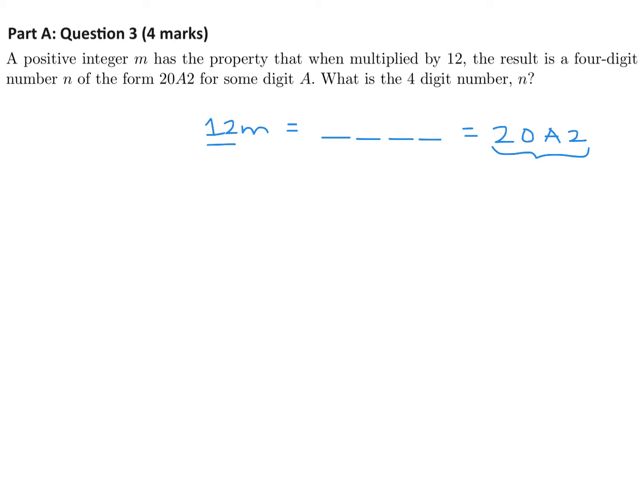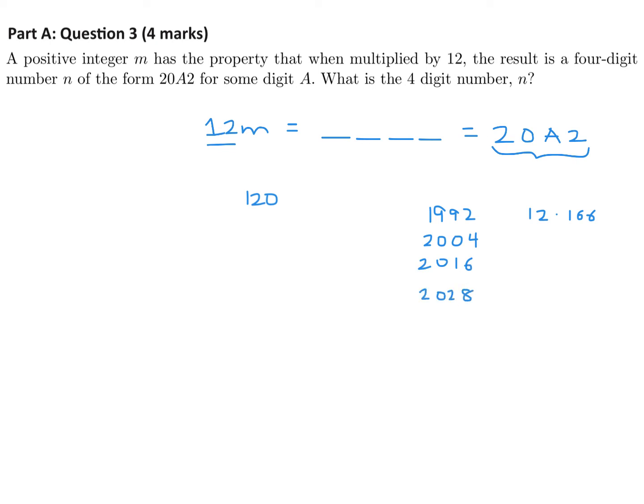So that means we have to figure out multiples of 12 that get close to 2,000. You can just easily do that, 12 plus 12, or you can just do 120 plus 120, whichever way you want to do it. Eventually, you get to 1992, which is 12 times 166. That's sort of the closest one below 2,000. And then you just keep adding 12. And then when you do, you get 2004, 2016,